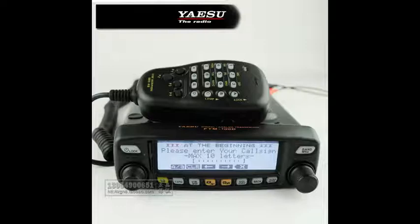Then you need to get your radio approved and given a Wires X room and node number. To get your radio approved, there's a menu choice. I had help with this, I don't remember what it is, and because it's not accessible to us. But you go into that menu and the radio displays your radio's personal ID number. You send that to Yaesu. There's a form on their website. You have to send that information in and you'll get approved for a room and be issued a node number